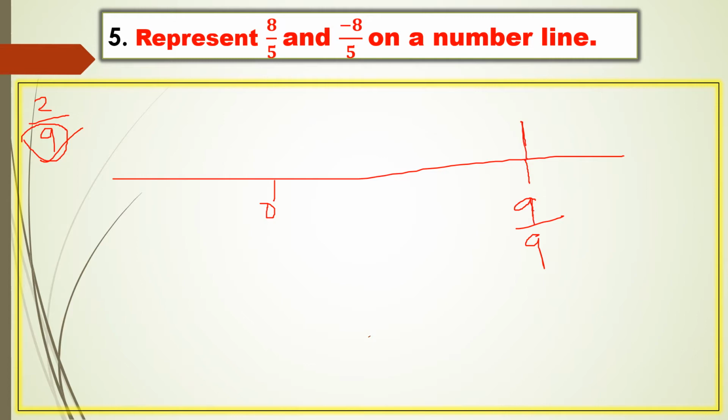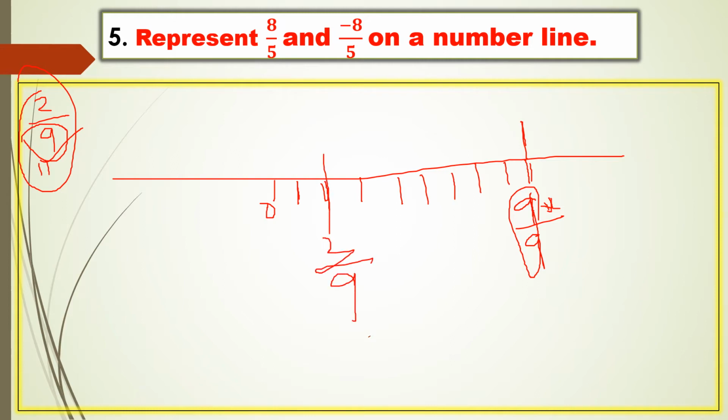At 9 by 9 you'll get 1. If the denominator is, suppose, 11, at 11 by 11 you'll get 1. Okay. So here I should make 8 parts, because the ninth part is your 1. So 1, 2, 3, 4, 5, 6, 7, 8, and the ninth part is your 1. Right? So here I asked you 2 by 9. 2 by 9 means this is 1, this is 2. So this will be your 2 by 9.